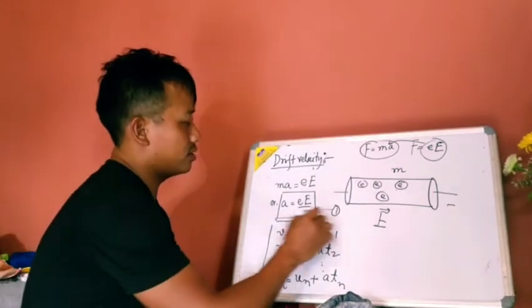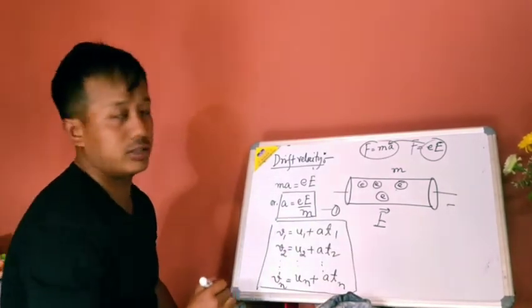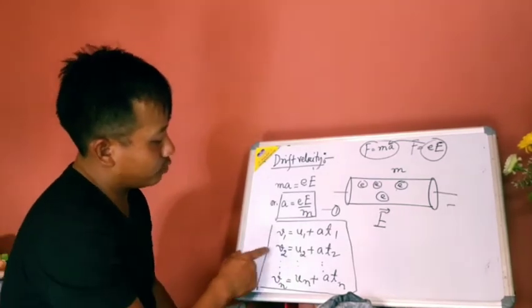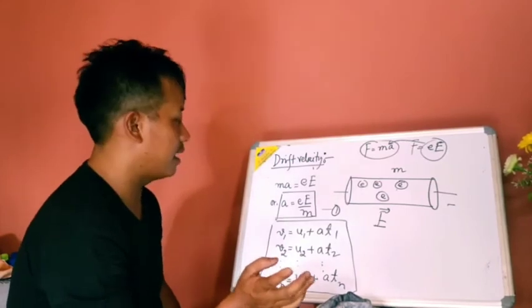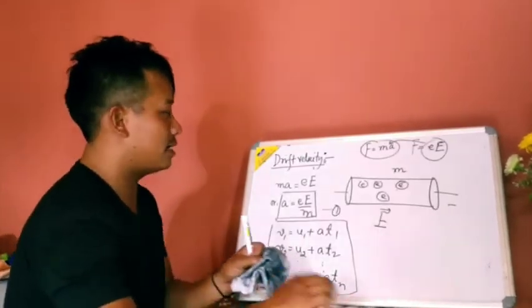These are the velocities of the electrons, v1, v2, v3 up to vn, when the electric field is applied. Then let us take the average of all these